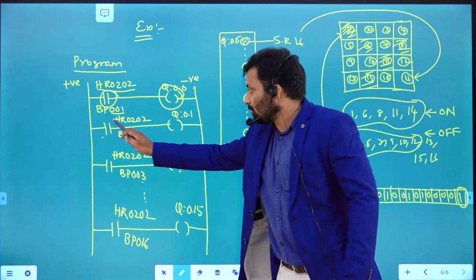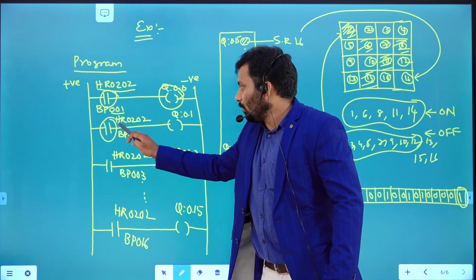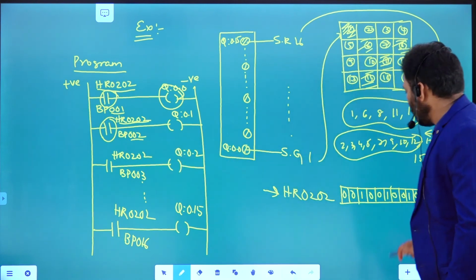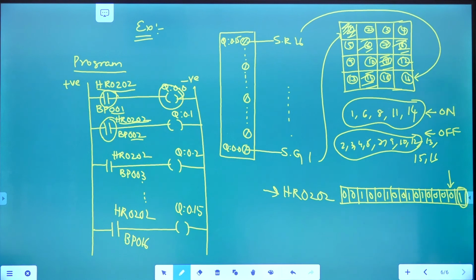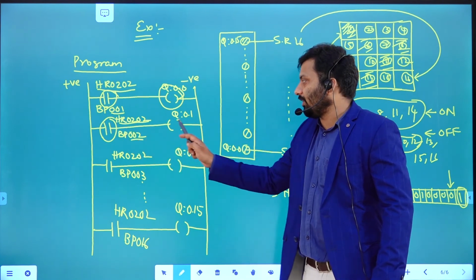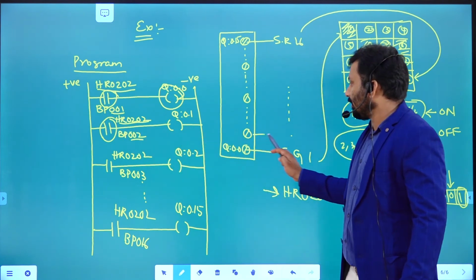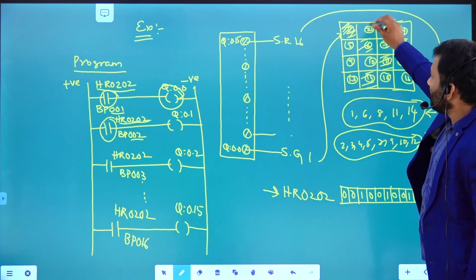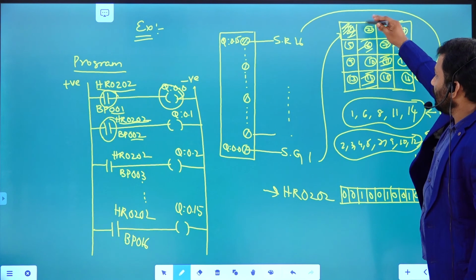In a similar way, if you look at the second rung, right, holding register, same register, what address needs to be followed? The second bit needs to be followed. The second bit here is what? 0 is there. If 0 is there, it is not going to be activated. If it is not activated, the gun connected over this particular terminal is not going to be on. Once it is not on, it is not going to spray. So it is white only.